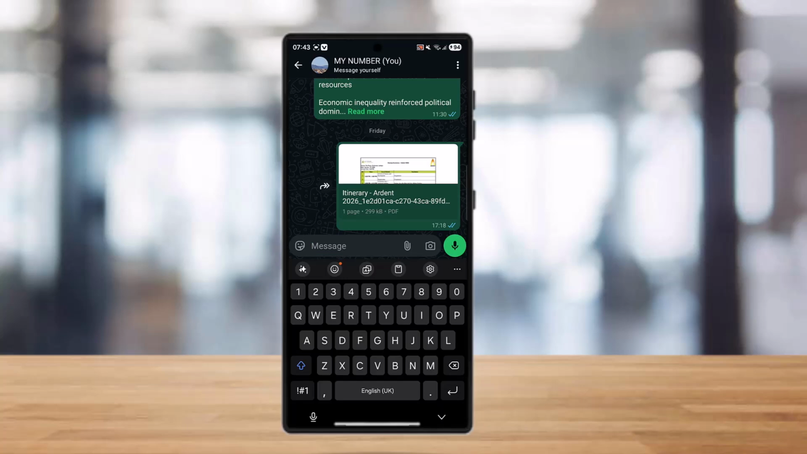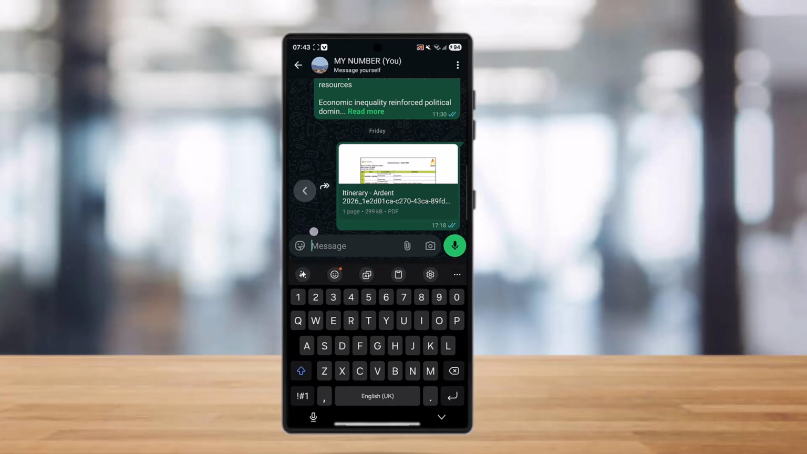You can also zip files or adjust media quality settings, but the document method and cloud link are the most